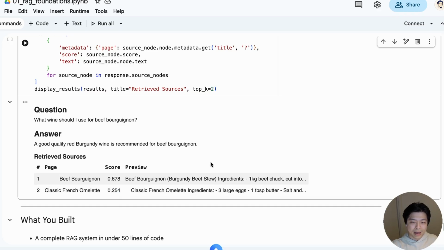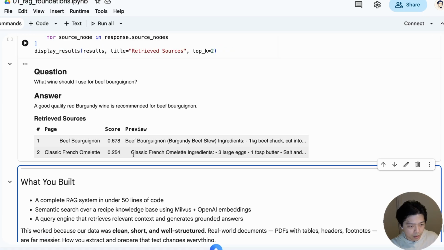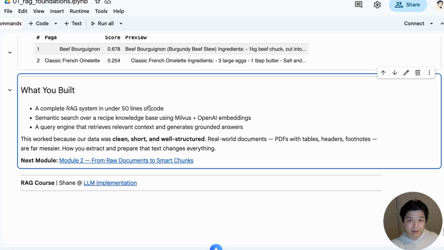This is why RAG matters. You are not just getting an answer, you can verify where it came from. If the answers are wrong, you can check the sources. Did it retrieve the right documents? Are those scores reasonable? Let's wrap up this notebook, where you have built a complete RAG system in 50 lines of code: semantic search over a recipe knowledge base using Milvus and OpenAI embeddings, and a query engine that retrieves the relevant context and